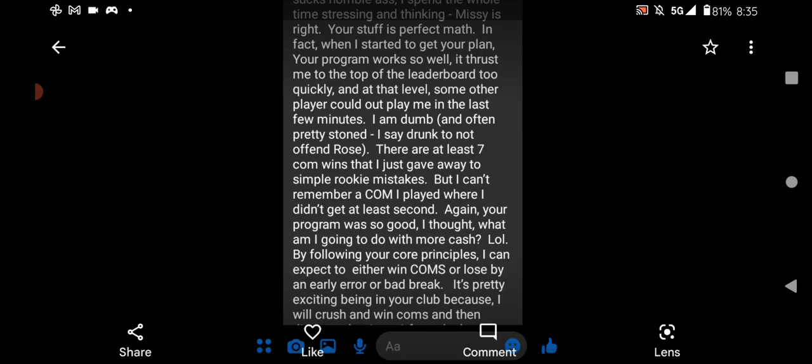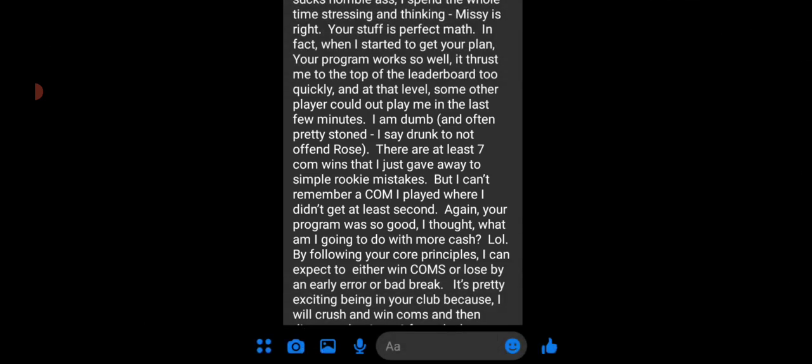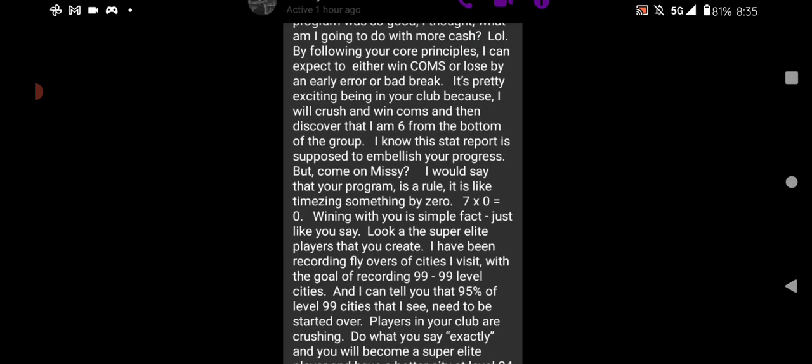There are at least 7 comm wins. I just gave away simple rookie mistakes, but I can't remember a comm I played where I didn't get a last second. Again, your program was so good, I thought, what am I going to do with more cash? By following your core principles, I can expect to either win comms or lose by an early error or bad break. It's pretty exciting being in your club because I will crush and win comms, and then...